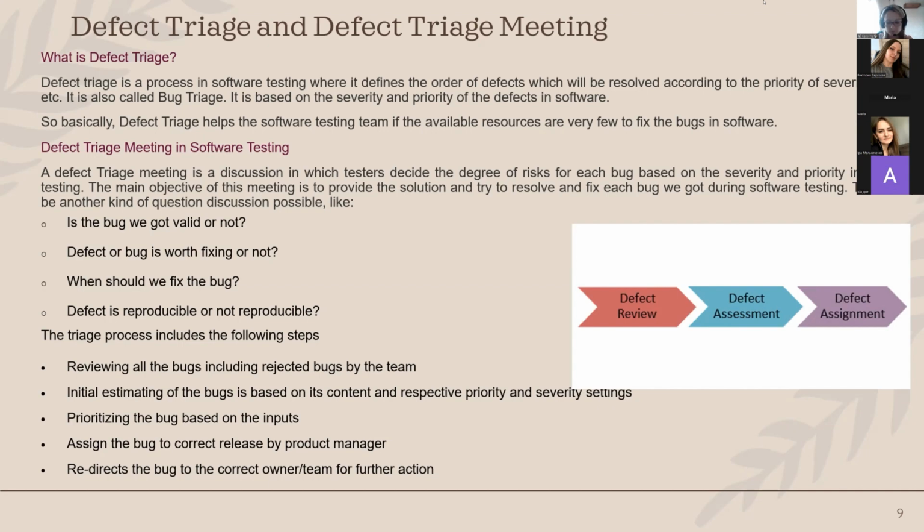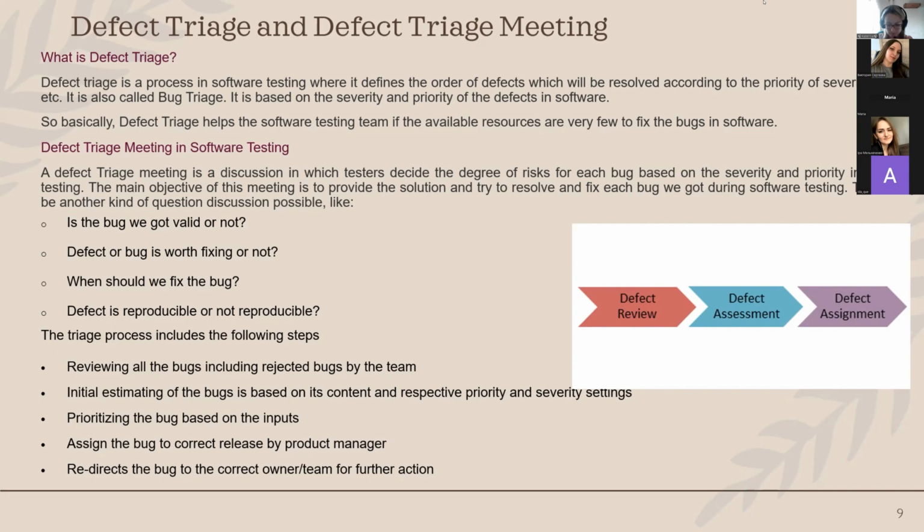Defect triage meeting. A defect triage meeting is a discussion in which testers decide the degree of risks for each bug based on the severity and priority in software testing. The main objective of this meeting is to provide a solution and try to resolve and fix each bug we got during software testing. Another kind of discussion is also possible, like whether the bug we got is valid or not, whether the defect or bug is worth fixing or not, when should we fix this bug, and whether the defect is reproducible